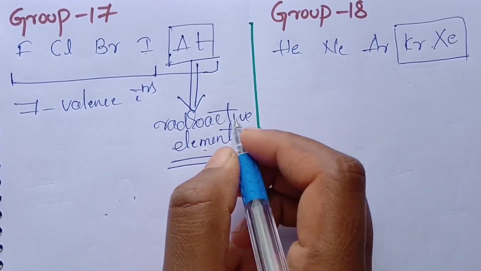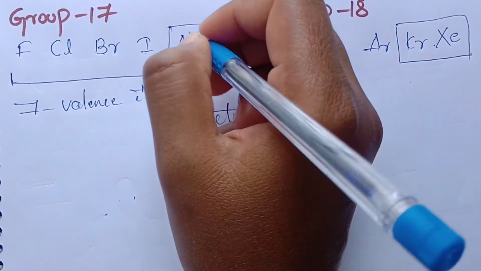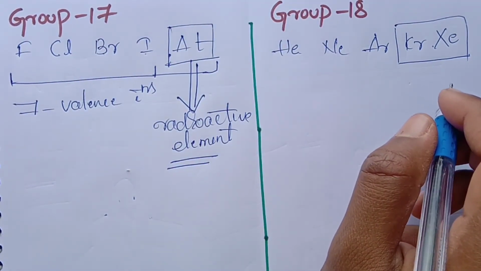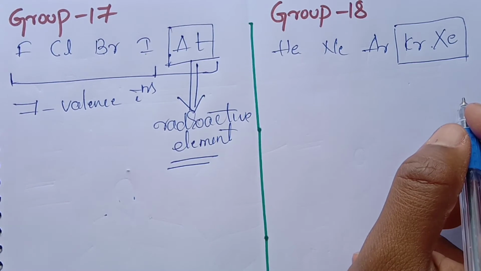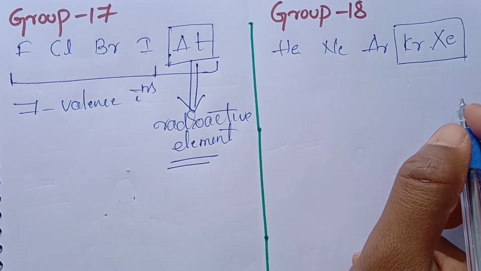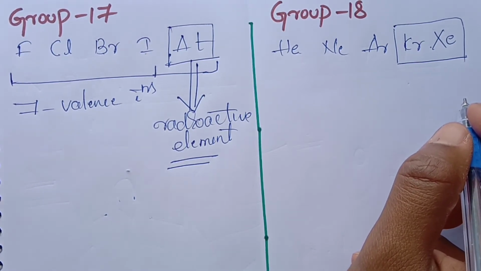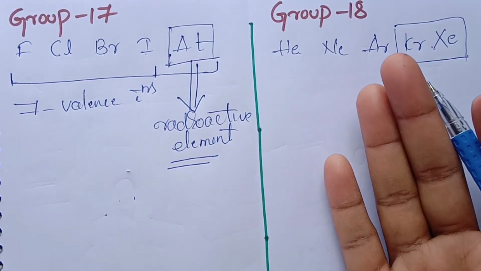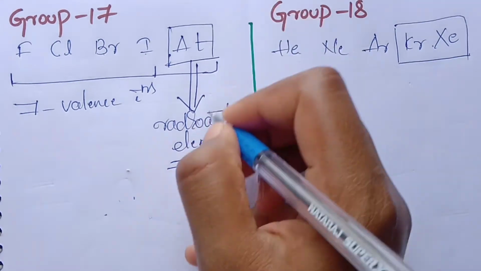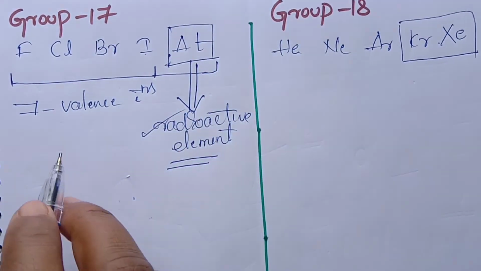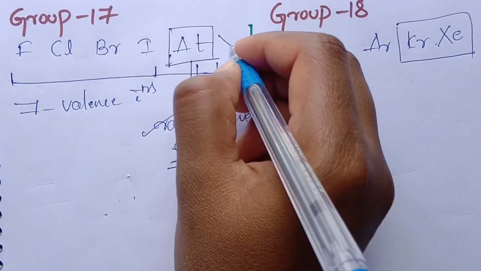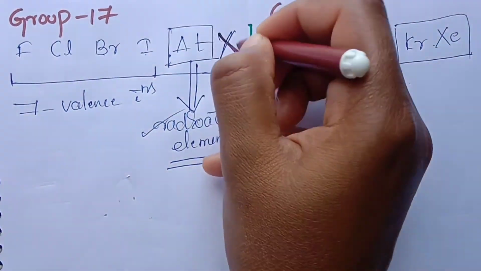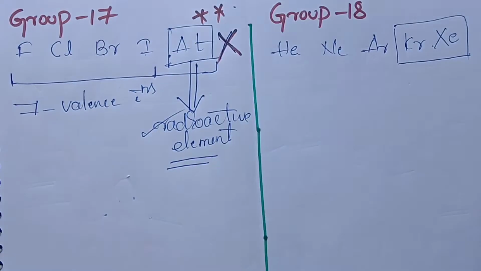This is a radioactive element and an exceptional case, because in all the groups all the elements are involved in the VSEPR theory, and we can easily determine the shape, geometry, bond angle. So in this way we have to learn group 17, but it has one exceptional case. This is a radioactive element and does not interact with the VSEPR theory, so it is not considered. Okay, important concept, not considered.